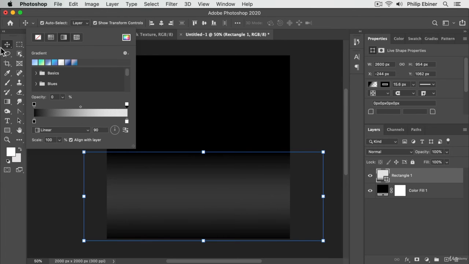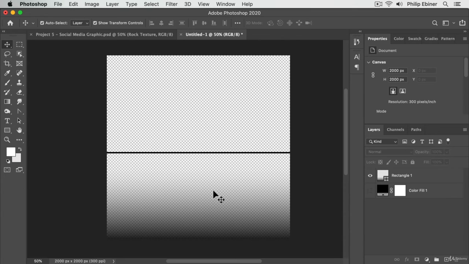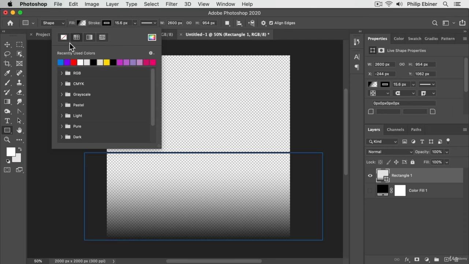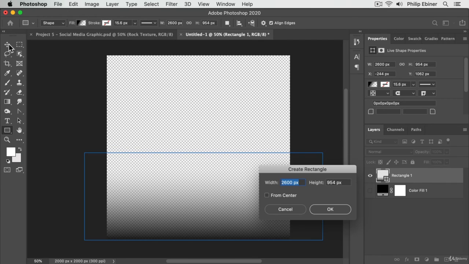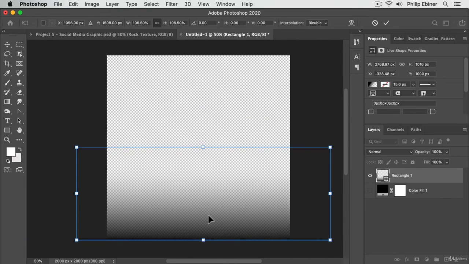So now we see that this actually fades, and let's first turn off the stroke for this layer. We don't want a stroke. And now you can see that without the background on, we have this transparent gradient from the bottom to the